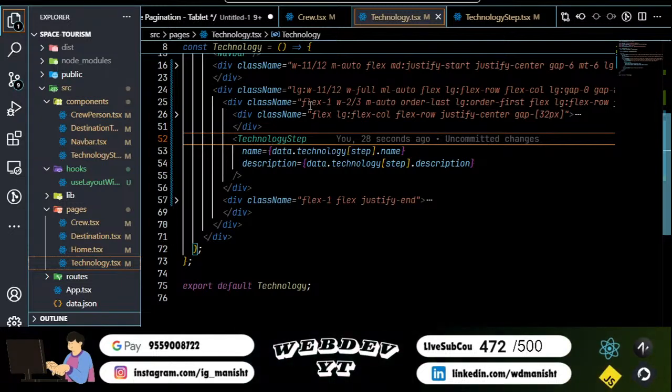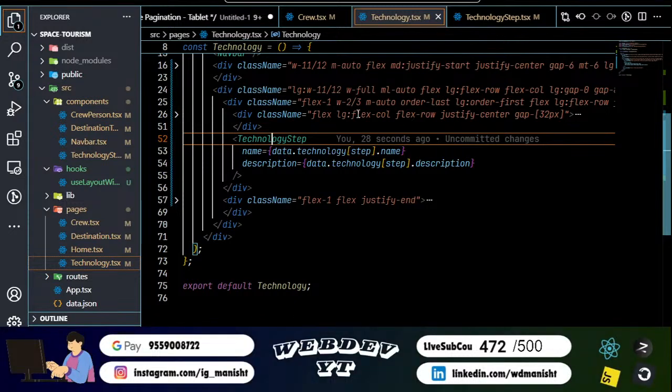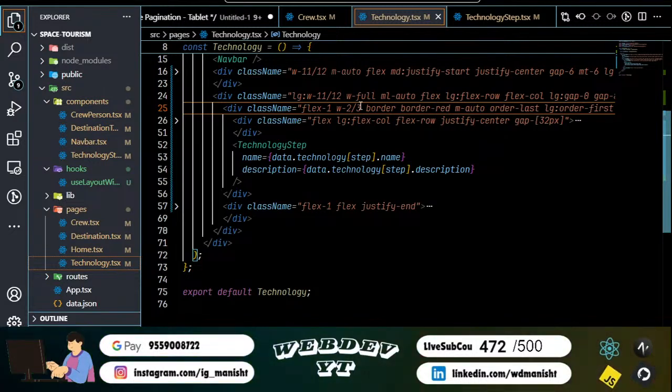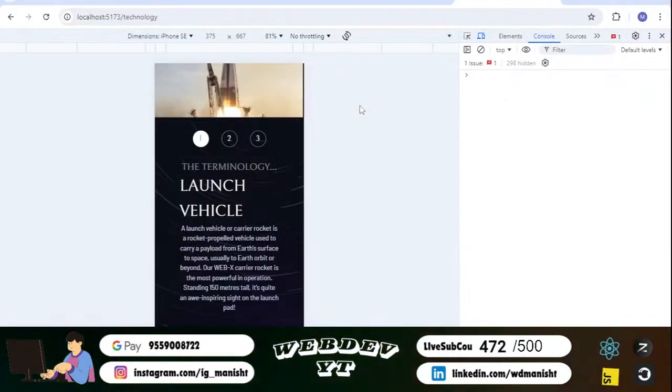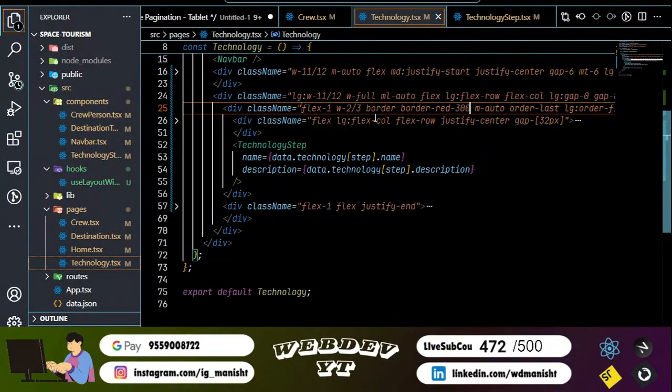Until this, here I have a flex one W 5.2 by 3. Okay, let's see. This is the border 500, 300. Let's take it, it's too much. This much longer. So let's give it